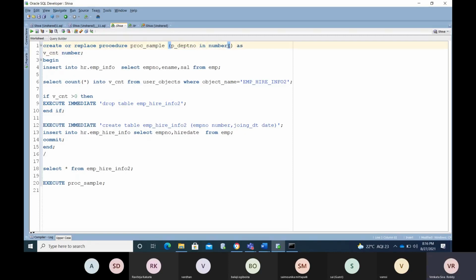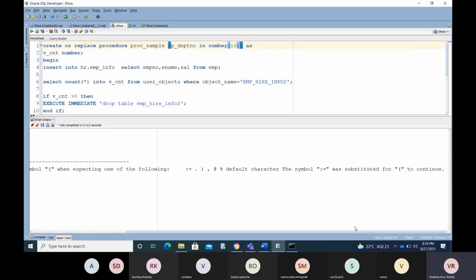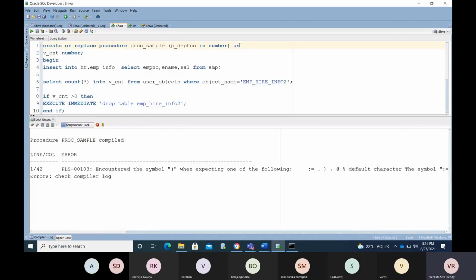If you provide any size, you will get the error, saying encountered the symbol. It's in the first line only that you get the error. You cannot substitute the length of the data type here. See, here the procedure gets compiled. If you mention the size, you will get the error.